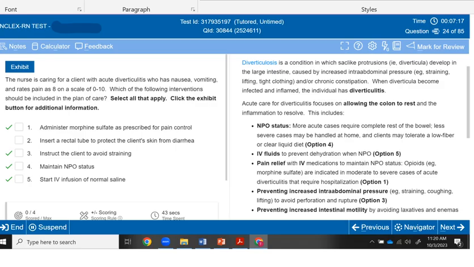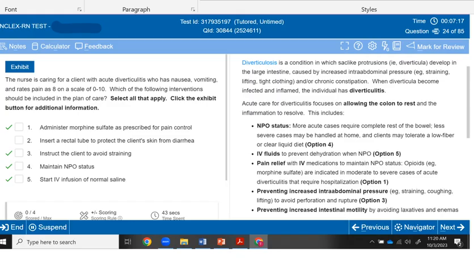What's wrong with two? Insert a rectal tube to protect the client's skin from diarrhea. You never put anything in the colon, right? And then instruct the client to avoid straining. Yes, remember, we might even need to soften the stool, maintain NPO status, and then start IV infusion of normal